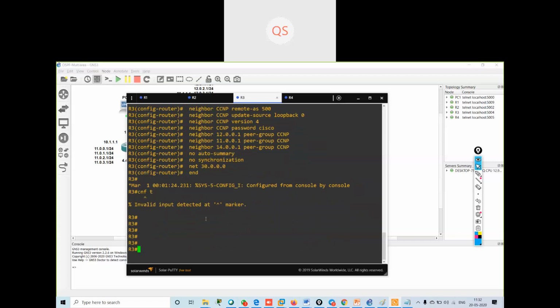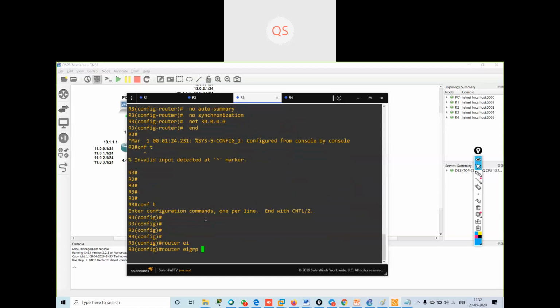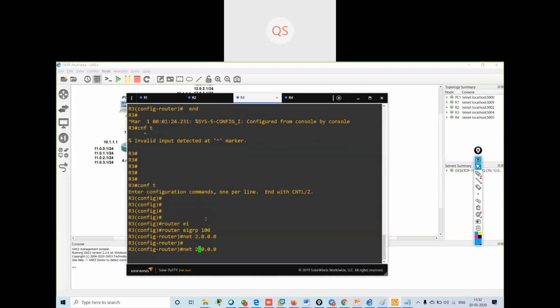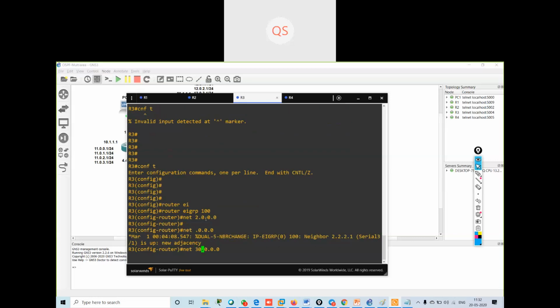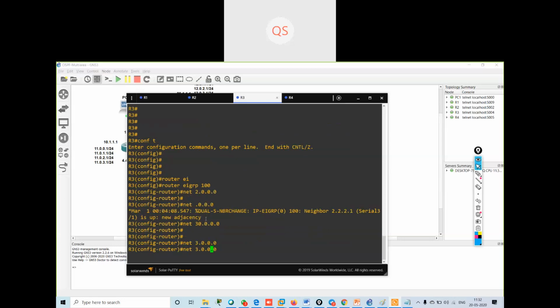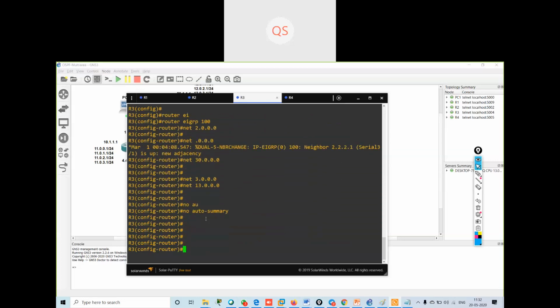So if I go and configure other routers also, router EIGRP 100, I will say network 2 dot network, 30 dot network, 3 dot network, and 13 dot network. No auto summary.